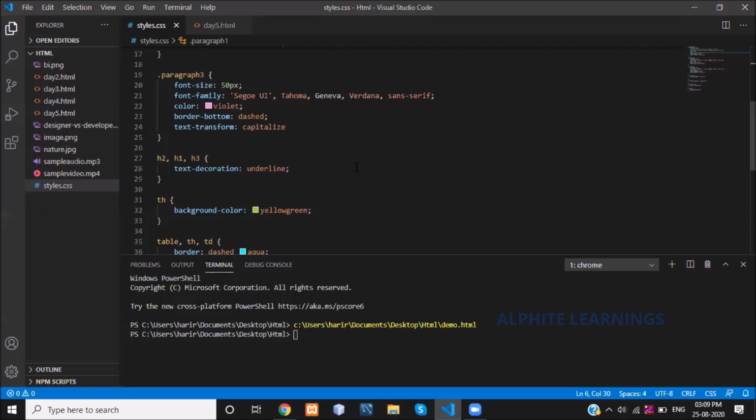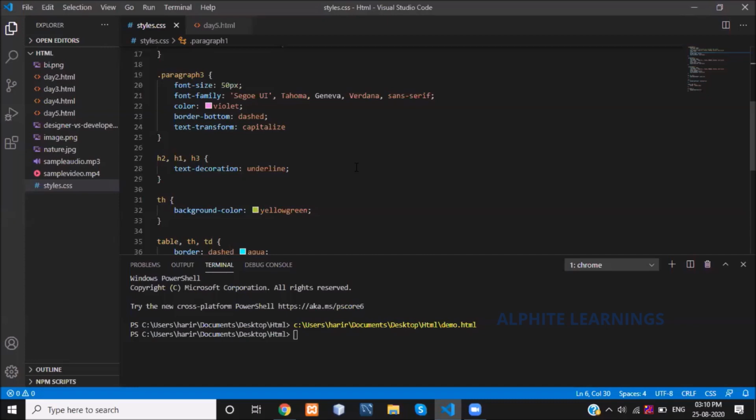Then what is today's and tomorrow's session about? We are going to create a website, a web page. As an example, I have taken whatever we have learned from day 1 to day 5, and I am going to concatenate all of it.